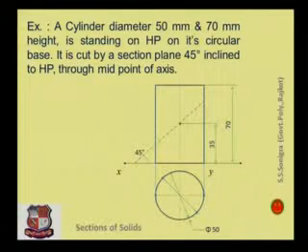Now to draw the sections and true shape of this solid, divide the circle into an equal number of parts. Why do we divide this circle into equal parts? Because a circular cylinder does not have any edges or corners, which are there in the case of a prism and pyramid. So here we make some imaginary corners, imaginary lines. We divide the circle into 8 equal parts.